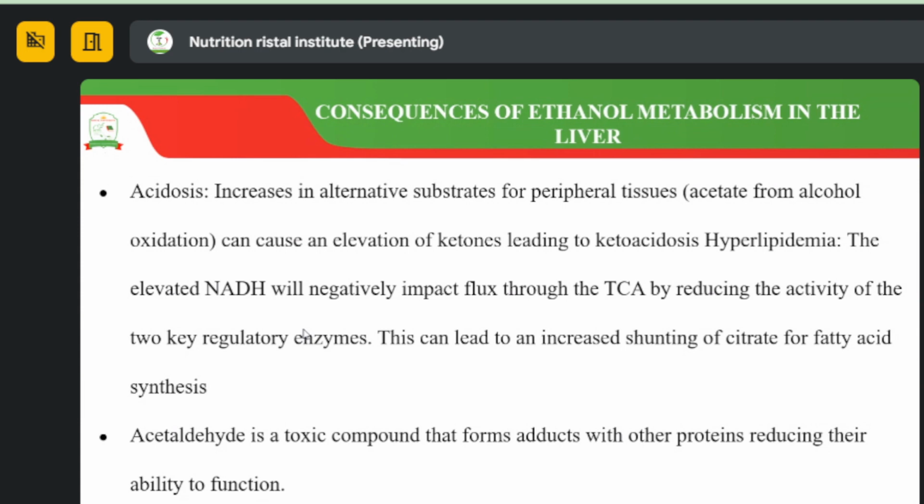So the elevated reduced NADH will negatively impact flux through the tricarboxylic acid cycle by reducing the activity of two key regulatory enzymes, and this can lead to an increased sampling of citrate from fatty acid synthesis. So in this case, your body will end up synthesizing a lot of this citrate which is formed. You form a lot of citrate from fatty acids for fatty acid synthesis. So your body will end up synthesizing a lot of fatty acids in the case of